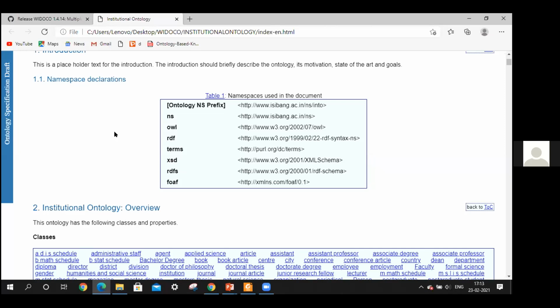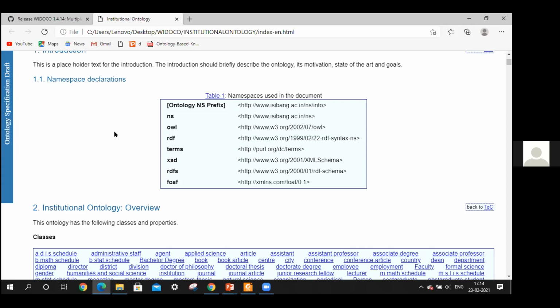And you see that the first one is the ontology namespace prefix, which is missing because she didn't give it. I told her to add the ontology prefix in that metadata window, but she skipped it. She added only the publisher, not the prefix, and that's why it shows there is no prefix. Had we mentioned it there, for example for this INTO ontology, we would have gotten the prefix there too.